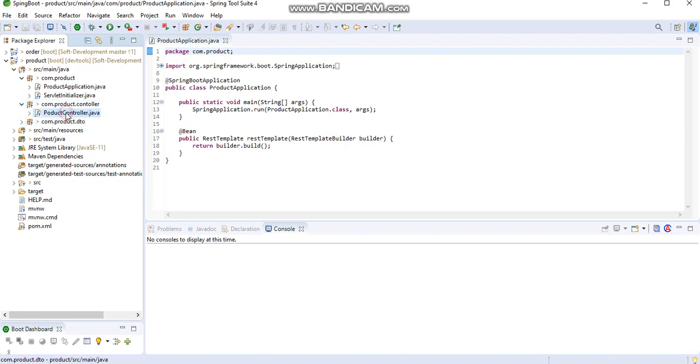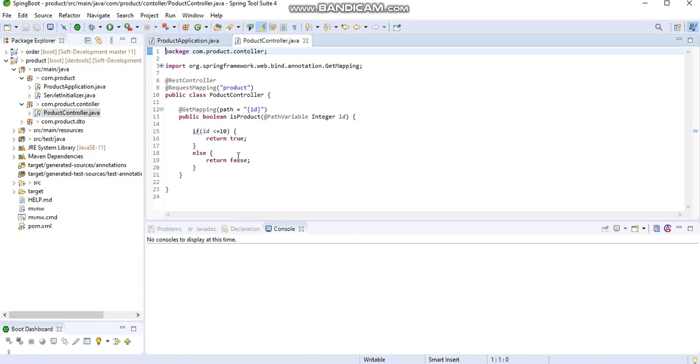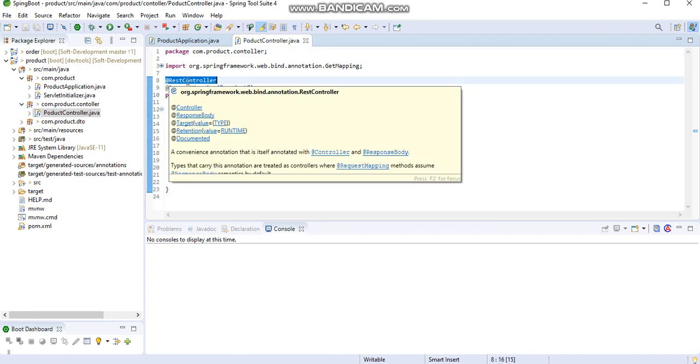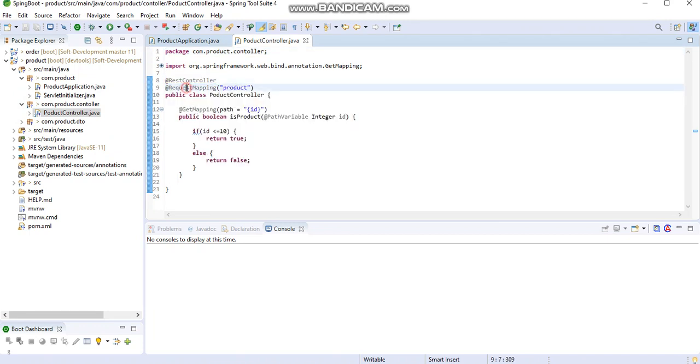In the controller class I created the REST controller, marked with the RestController annotation, and I provided the base URL product. This is the method I'll call from the order service. It tells about product availability. If the product is available, it will return true; if not, it will return false.